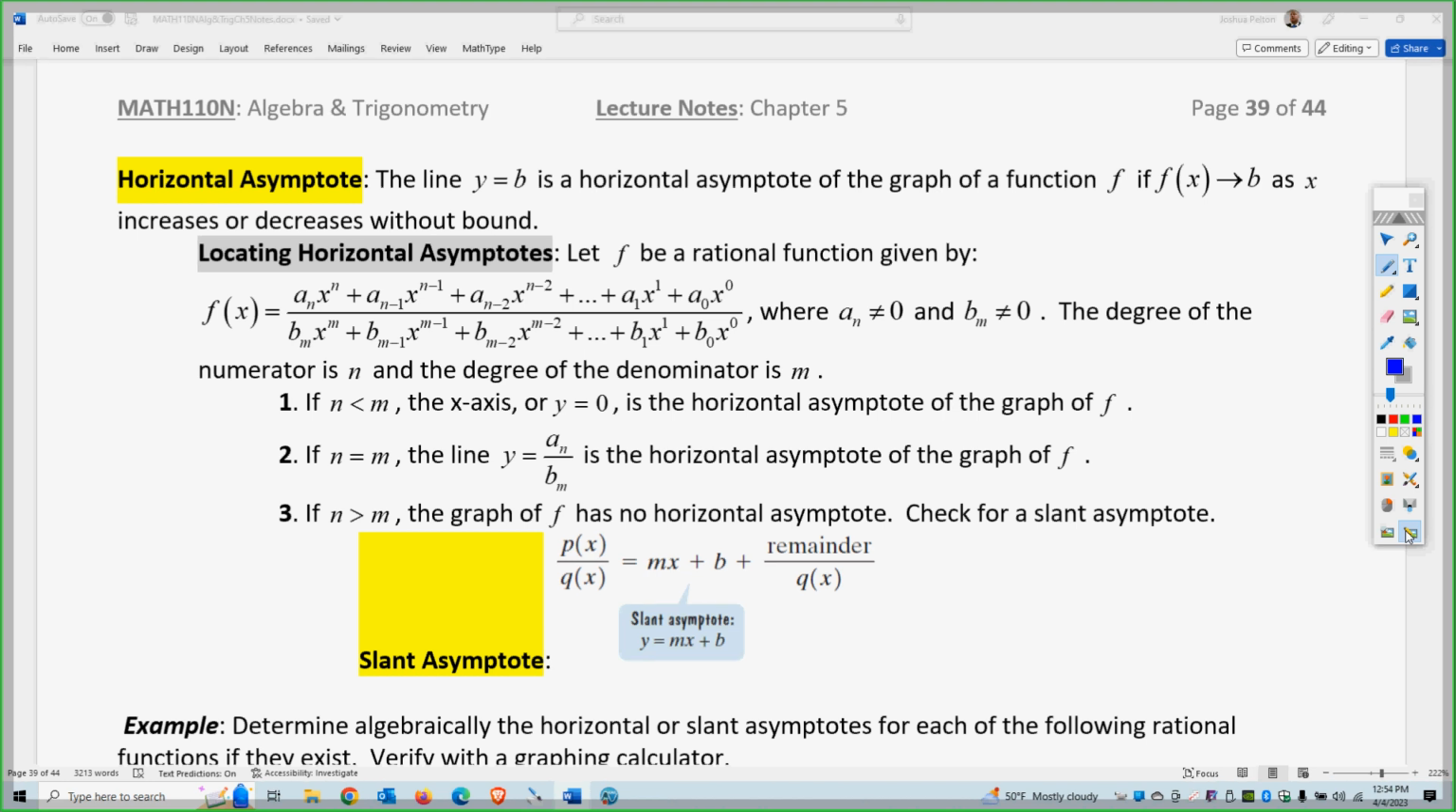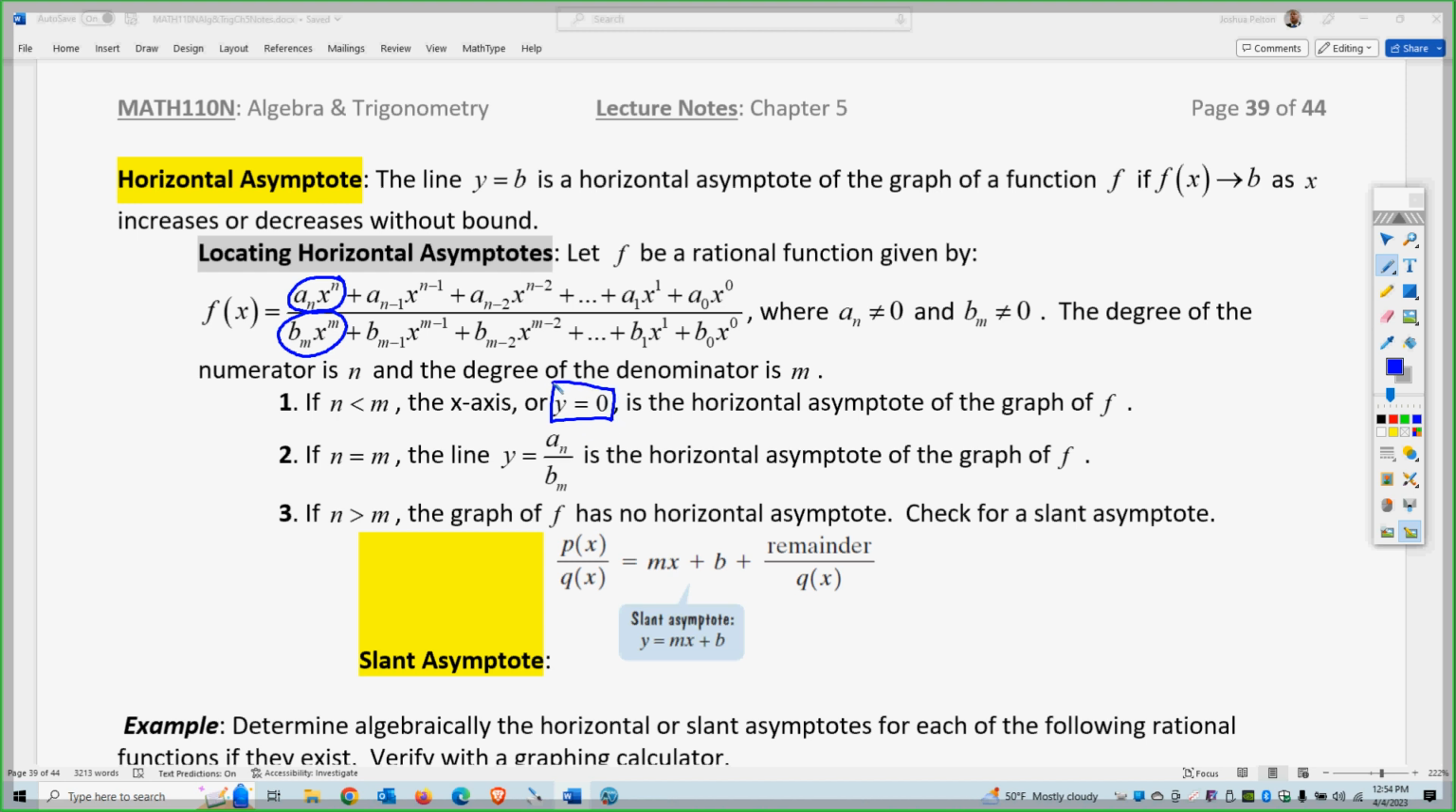So what you have to look at in the rational function is what's bigger. Is the leading term of the top bigger, or is the leading term of the bottom bigger? So numerator versus denominator. Okay, so we're going to use m for the bottom and n for the top. If the bottom is bigger, you're dividing by a bigger number, your asymptote is going to be y equals 0